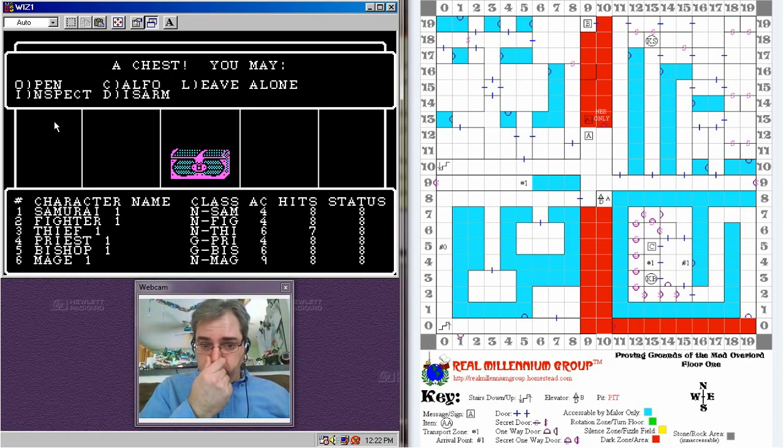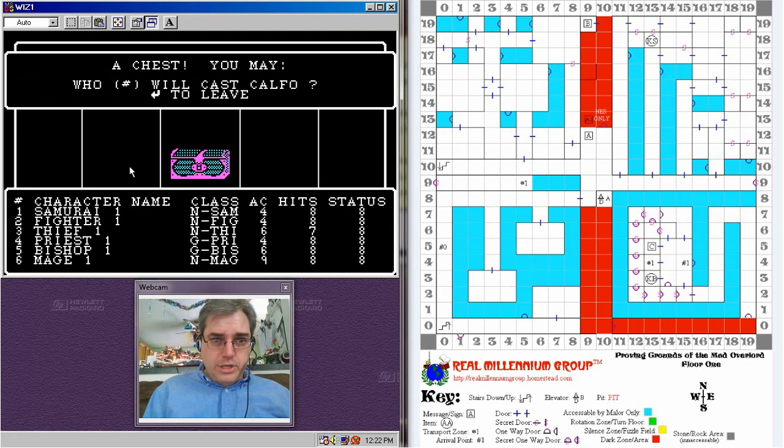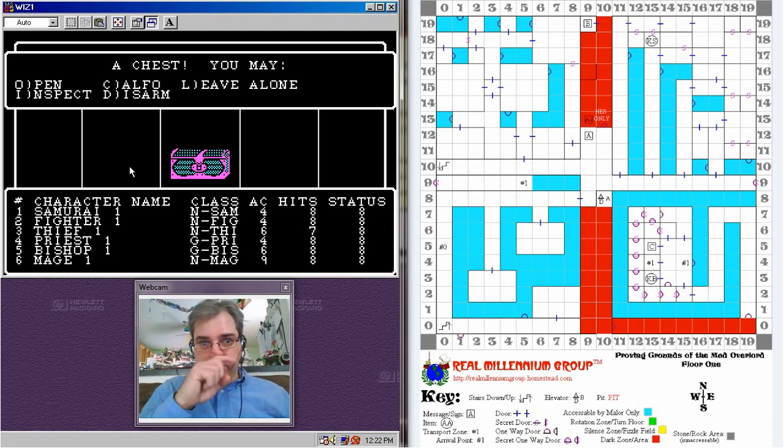Now, priest and bishop. There is a priest spell called, I think, Calfo. Yep, there it is right there, Calfo. Which you can cast if you've learned that as a priest or a bishop, and that will also try to identify the chest. Of course, let's try to see for you. Yeah, see, he doesn't know that spell. Or is it mage? Let's try. Yep, see, they don't know that spell, so it doesn't work.